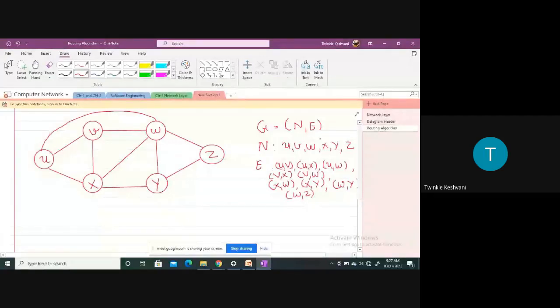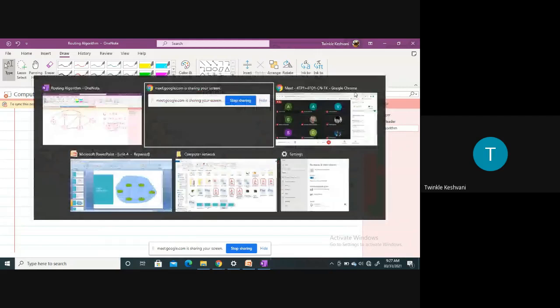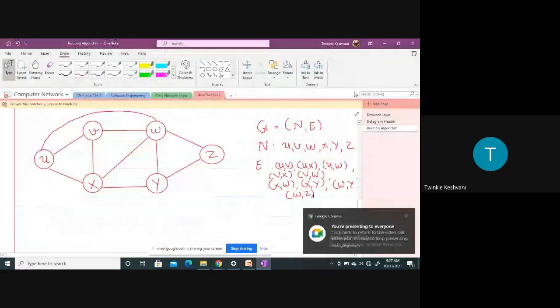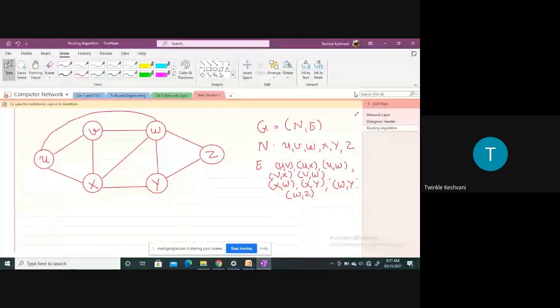Now, if I just relate with the network layer, this is the general term that we used for the graph. Graph के लिए ये general terms है, that is nodes and edges, right? But if we talk in context of a network layer, then one thing that we can say कि यहाँ पे जो nodes है उसको क्या बोला जाता है? If we talk in networking terms, the node is referred to as the router in this case, right? यहाँ पे nodes को router बोला जाएगा, right? And जो edges है, that is referred to as links, right? That is referred to as physical links that connect the two routers, right?